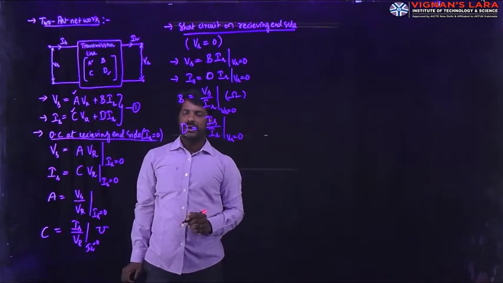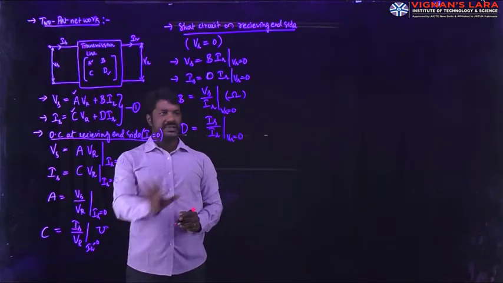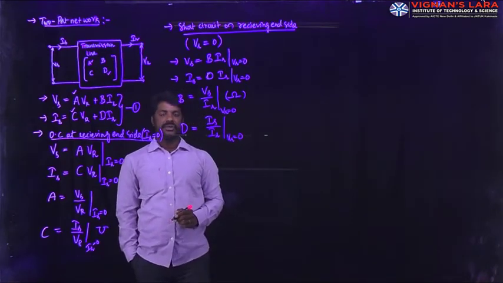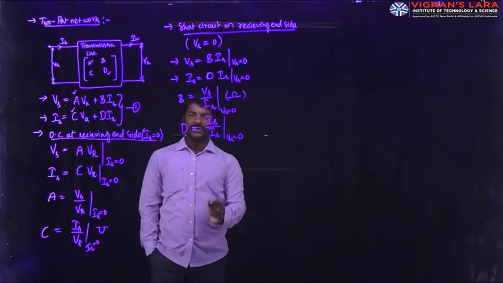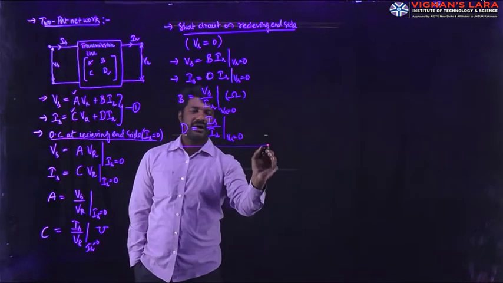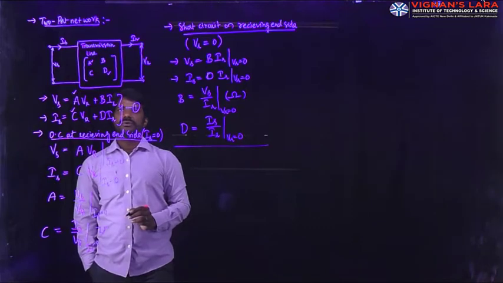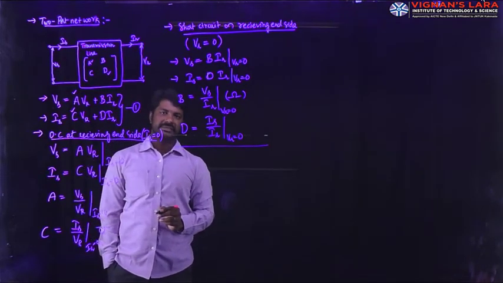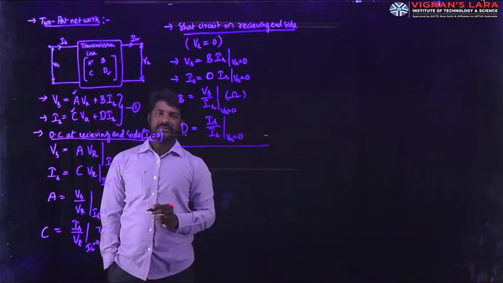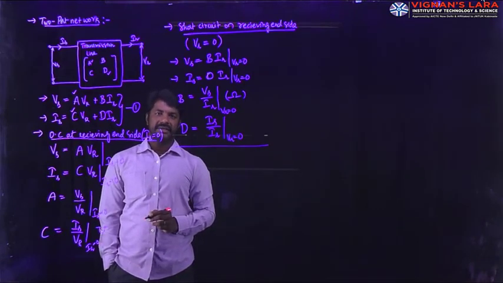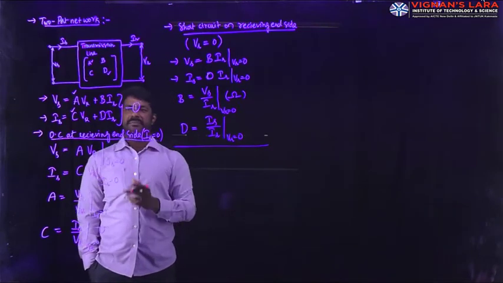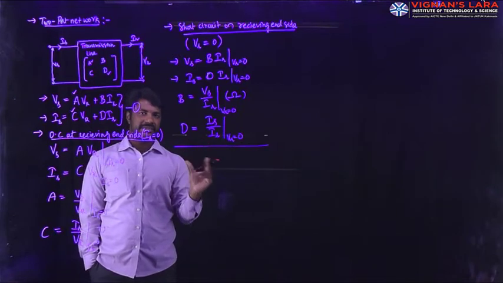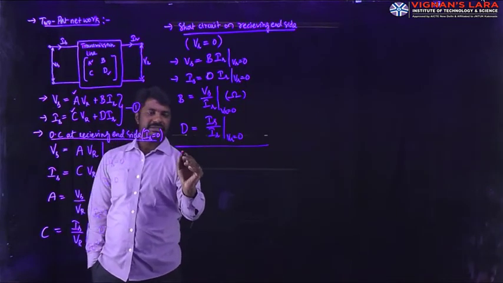Okay, so out of these ABCD constants with conditions applied, we can model the mathematical transmission line with two-port network terminology. So what is the use of finding out all these ABCD values? Our single line objective of this second unit is to find out the performance, that means finding out the efficiency and regulation. If you find out the ABCD constants of this transmission line, calculation of the regulation will be very simple. Let me check that regulation process.